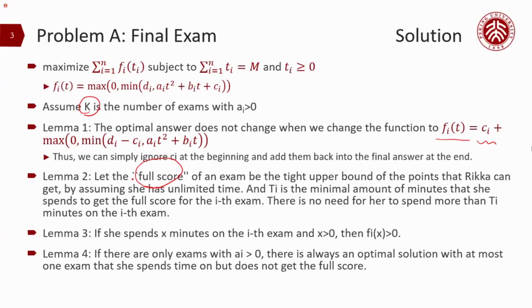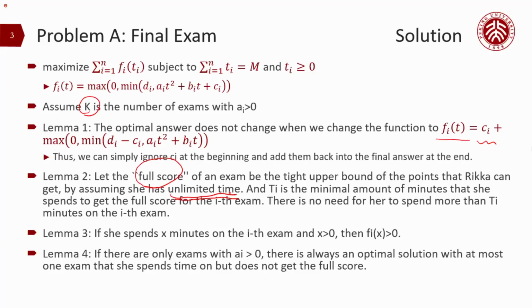There's a concept of how many minutes we need to allocate to each exam. For example, let's assume we have unlimited time. Then we can get a tight upper bound for the points we get, so that we will know